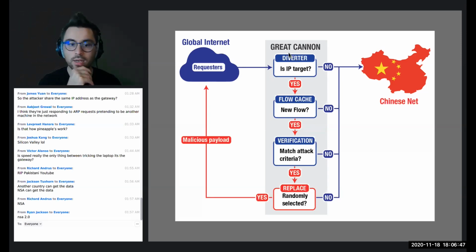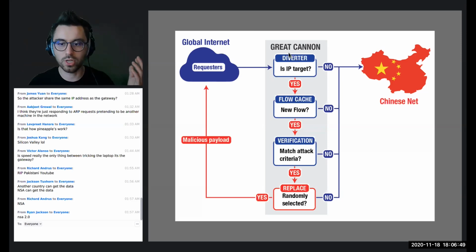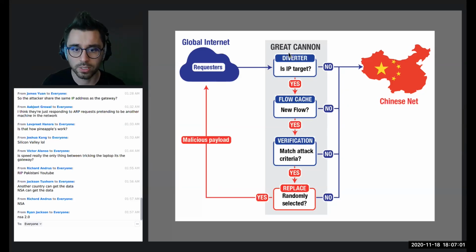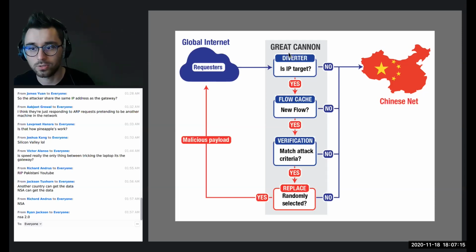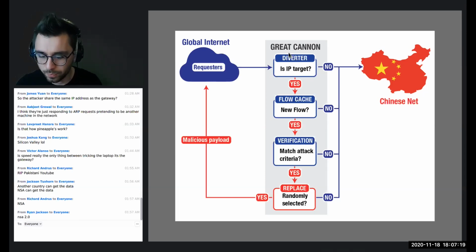Out of the users that are visiting these websites, we can get these users, by carefully replying, to connect to the website that we want to take down. So we essentially get these users to perform the attacks on our behalf. You just get users that are visiting these things and modify packets to instead send requests to target websites that you want. Okay.